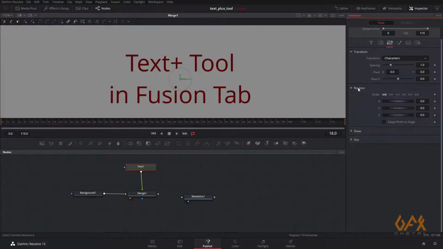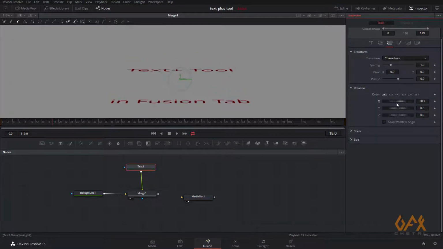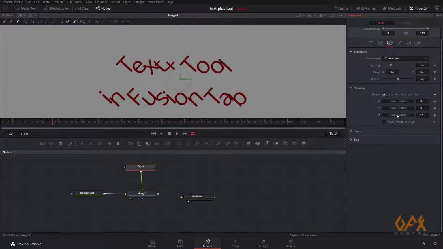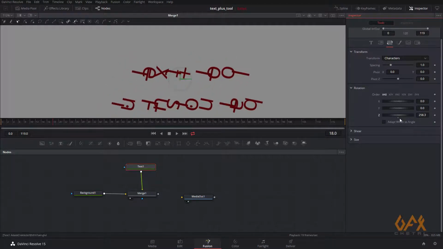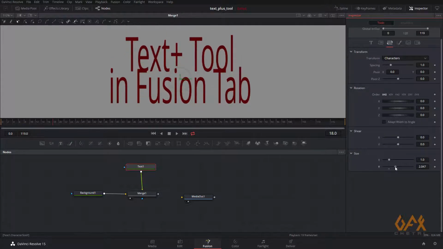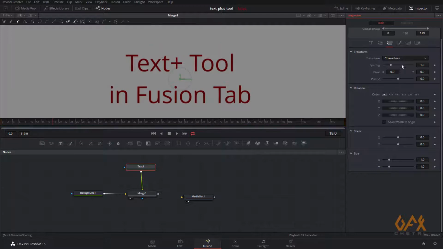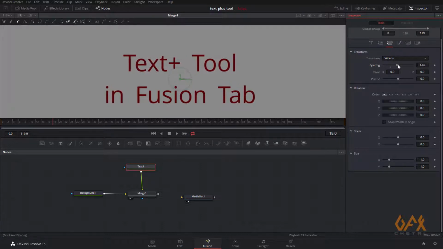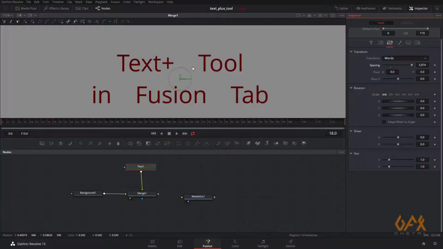Now the main thing is rotation. So per character rotation this is, okay, and all those stuff like shear, size, and all those stuff work like that. Okay, now I go to word, and now if I change the spacing, it changes the spacing between two words.